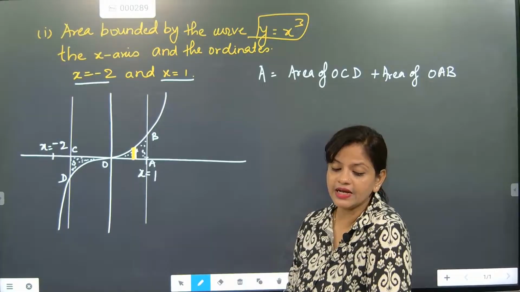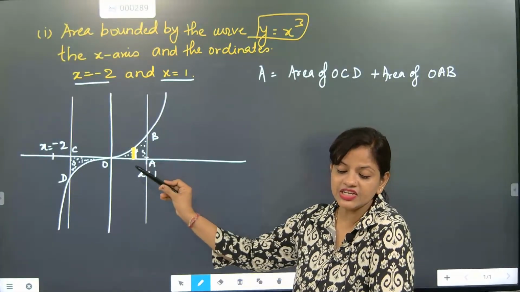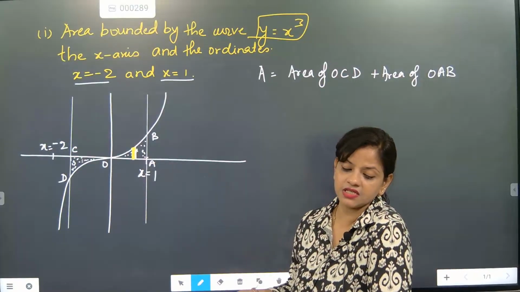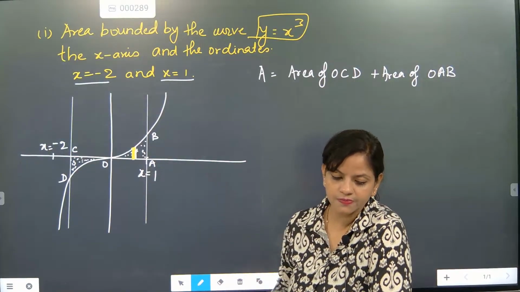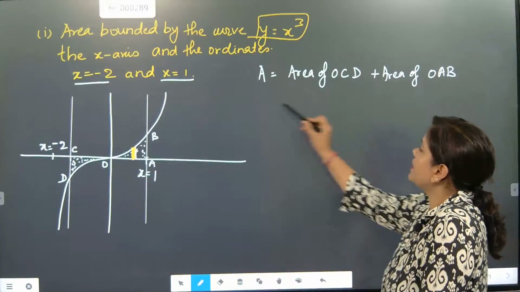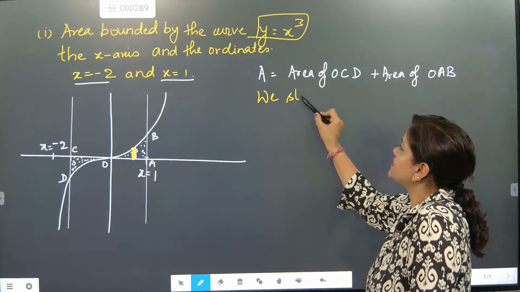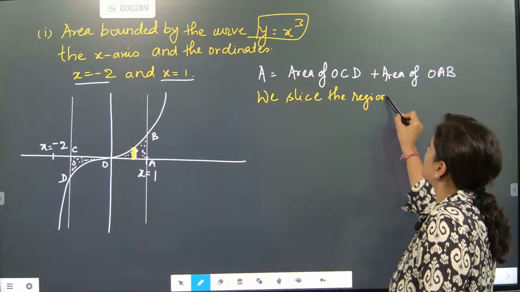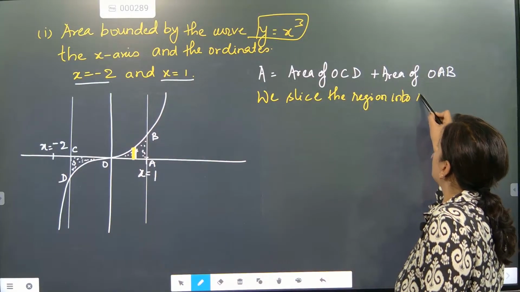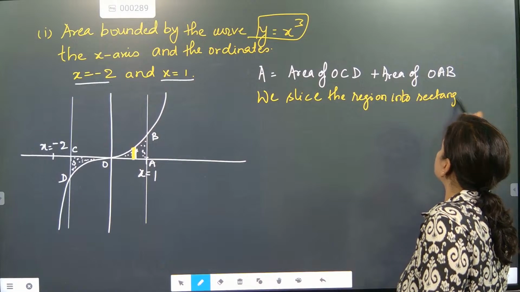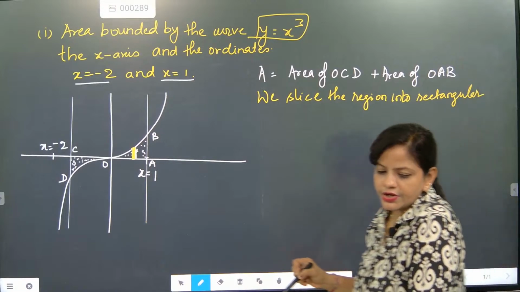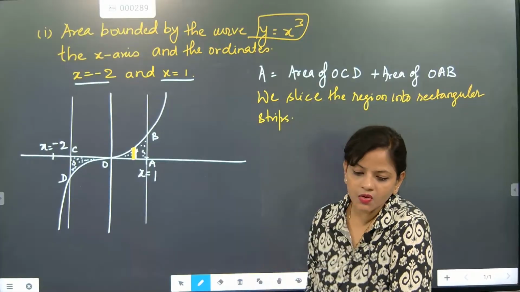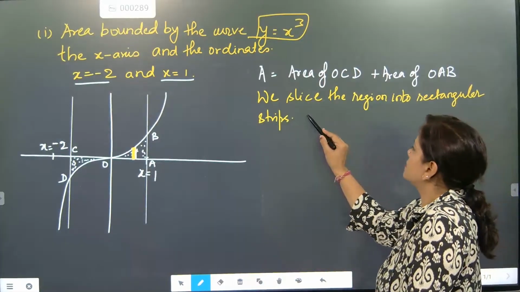Statement wise you have to write approximating. So we slice the region into rectangular strips. What do we have to write? We slice the region into rectangular strips. Okay. Now approximating the rectangle,